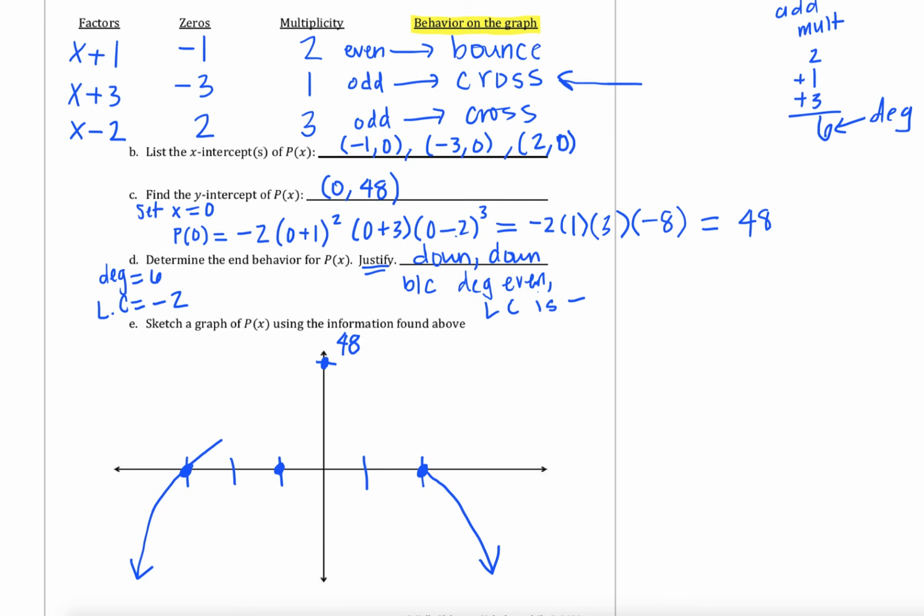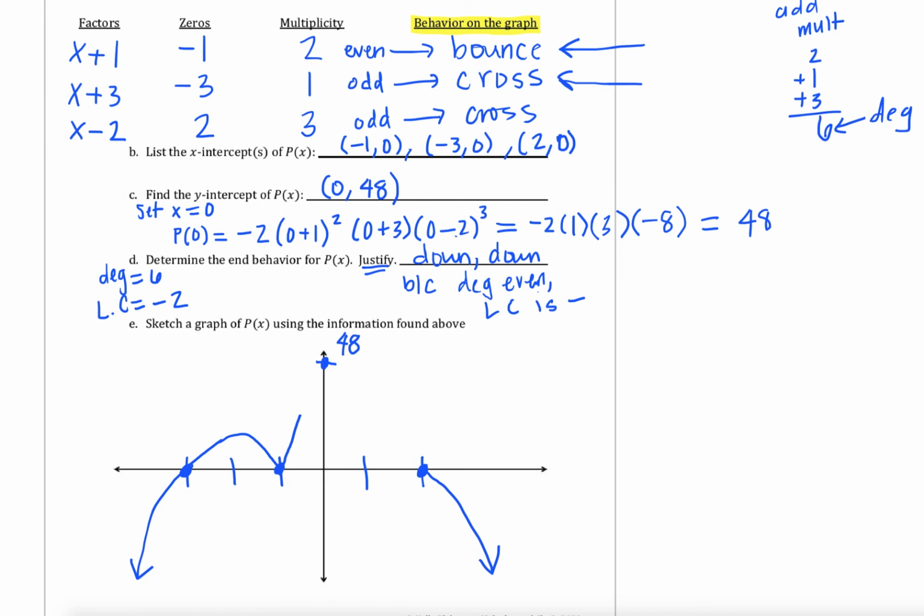Now from here, my next x-intercept, or my next point on my graph, would be at -1, so I have to reach that guy, so I'll come down and touch that from there. And at -1, if I go up to part A and use this chart, I had a multiplicity of 2, which is even, so I have to bounce. So although I'm touching here at -1, I'm going to bounce and turn back around,